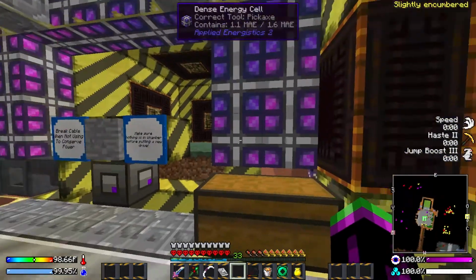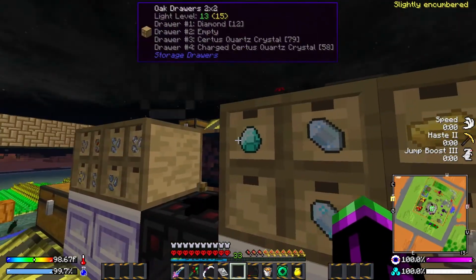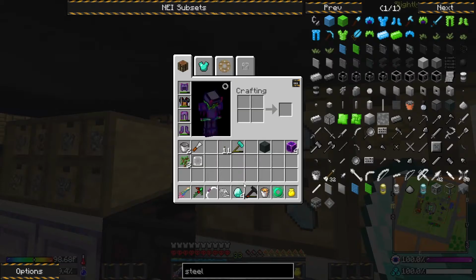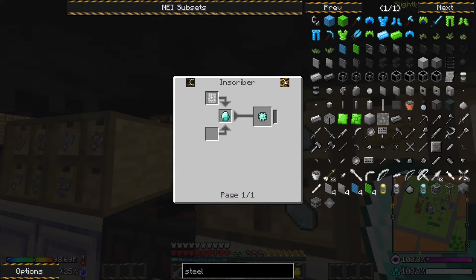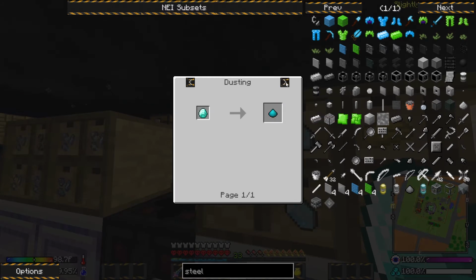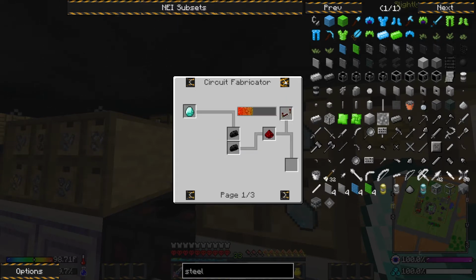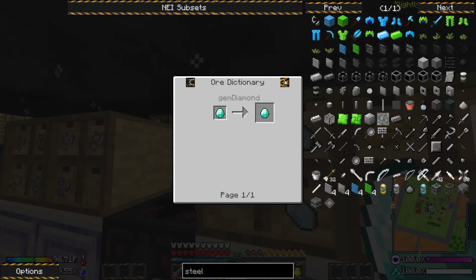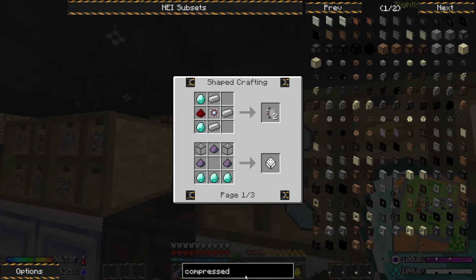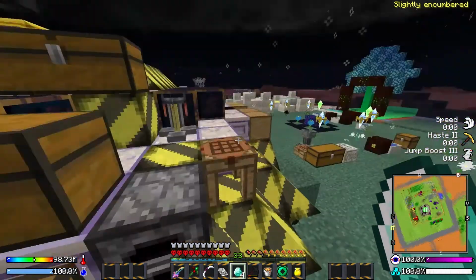So, I don't think I've got any diamonds just laying around. I've got 12. Oh. Yeah, we got a little time. Let's do it. Let's make sure we know how this is working. Interesting. Yeah, this is what we would really want to do, but we don't have an enrichment chamber. Oh man, there are lots of cool things we can do. Okay, but what we really want is this. Because this we can put into the machine. I'm not sure how many...